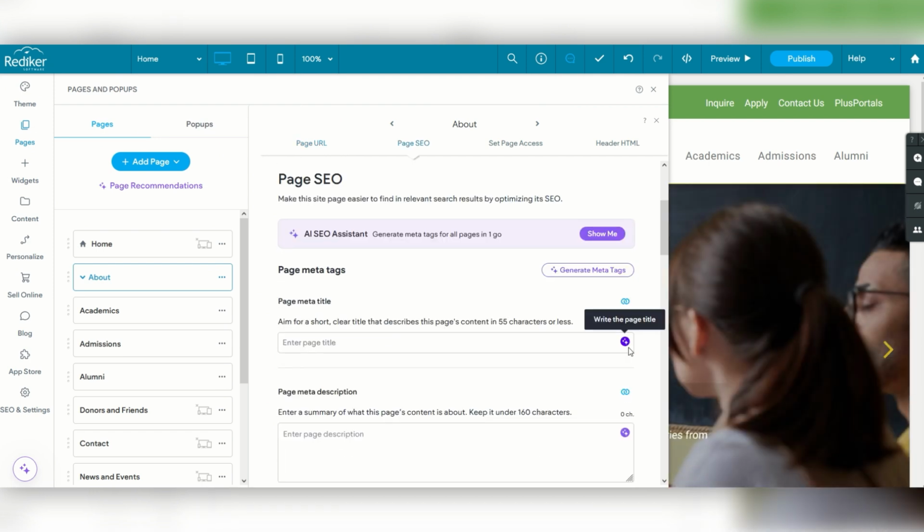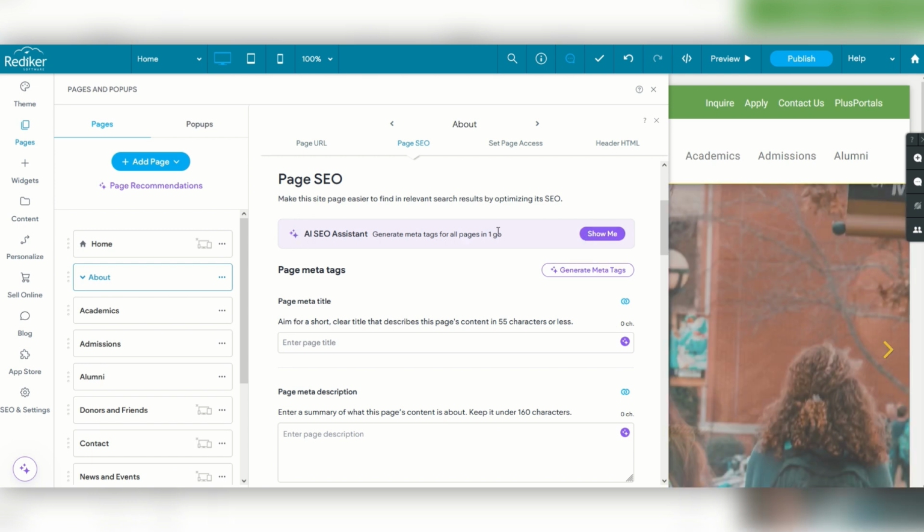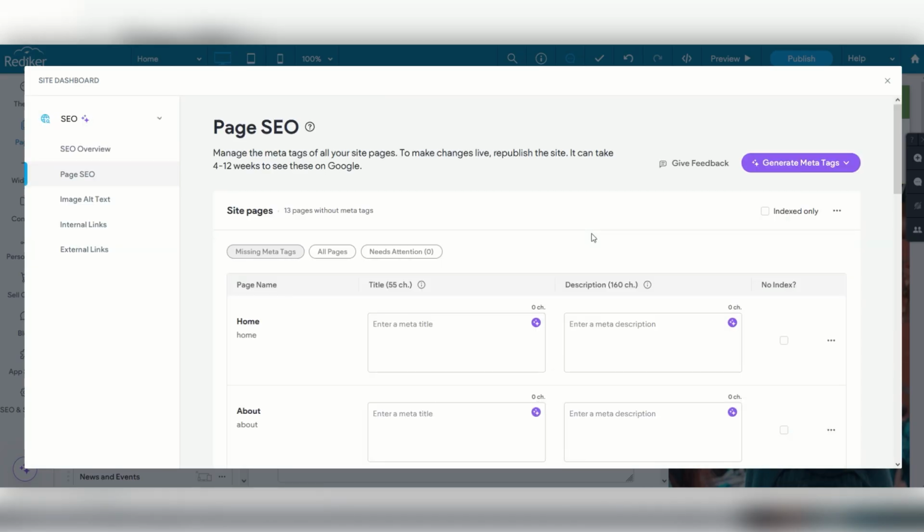And you can have it individually generate those, especially handy if you just made a new page. Otherwise, you can say, look, hey, I want the AI tool to generate it all. The alt text and the meta title data, it's in one place under this tool, and I'm able to then generate it. This is extremely helpful.